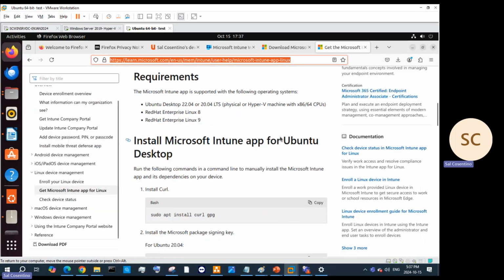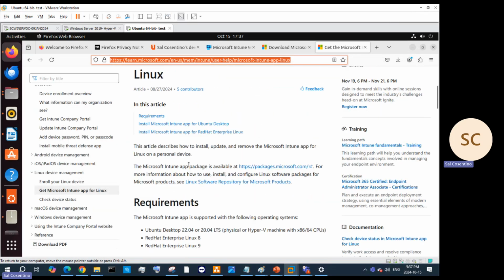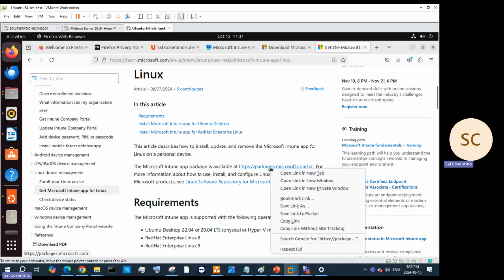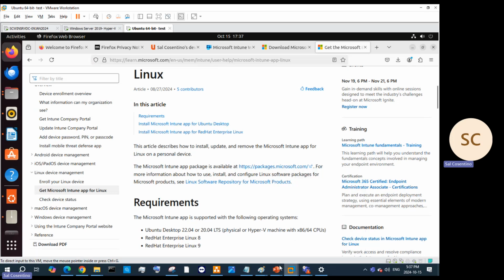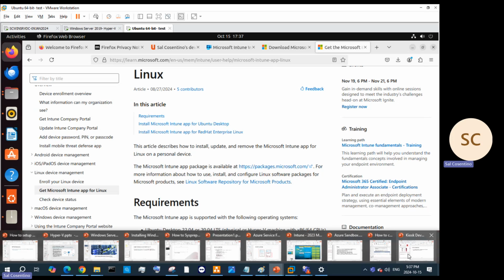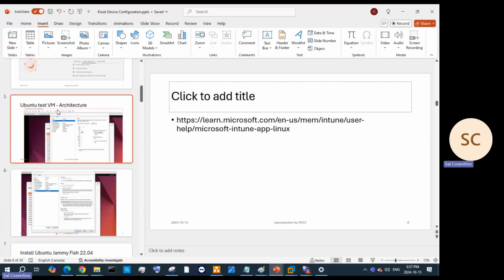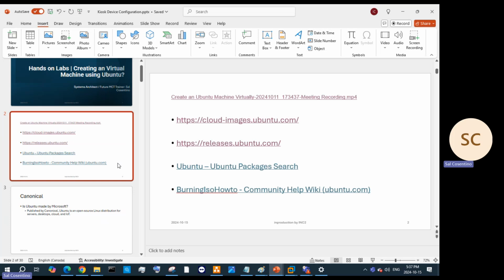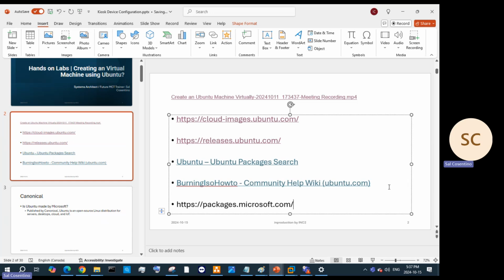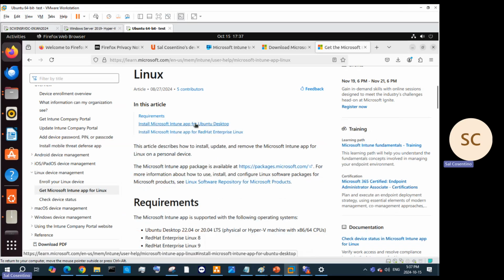So if we go back to the Intune app package, it's available at packages.microsoft.com. So that's a good link. Put that up here. So for the Ubuntu desktop, we're going to download that. And again,